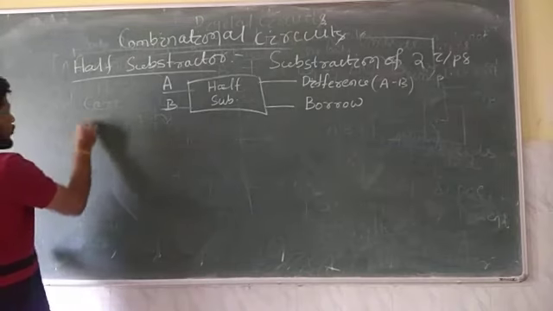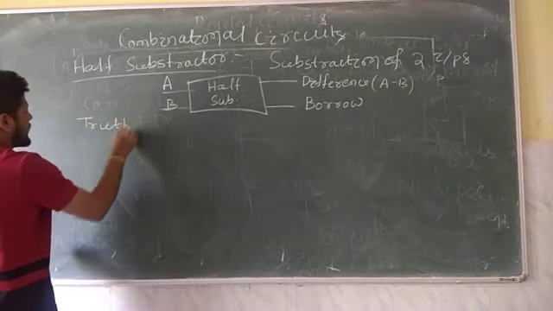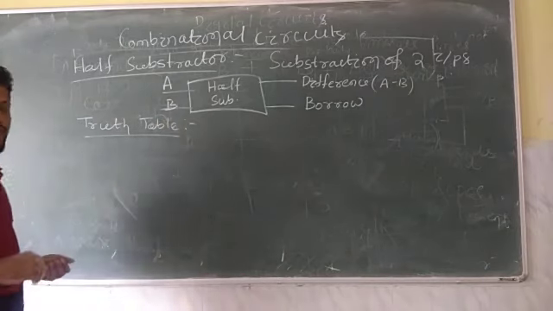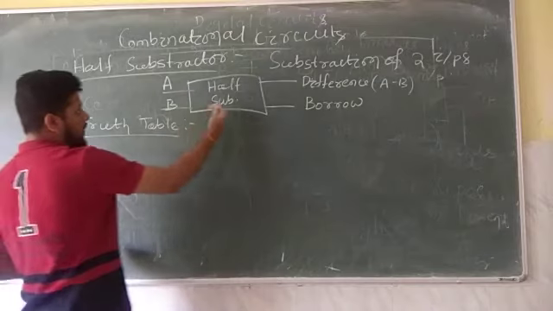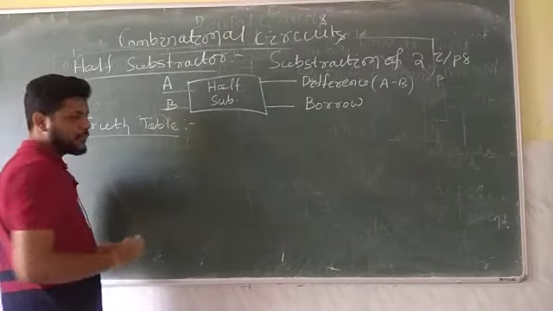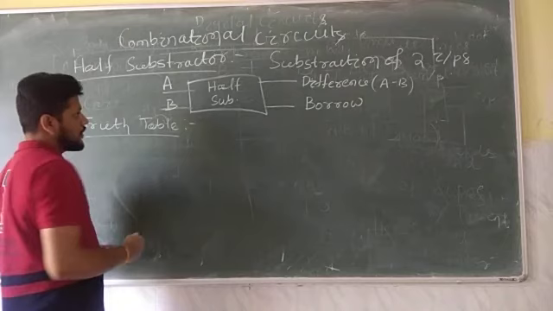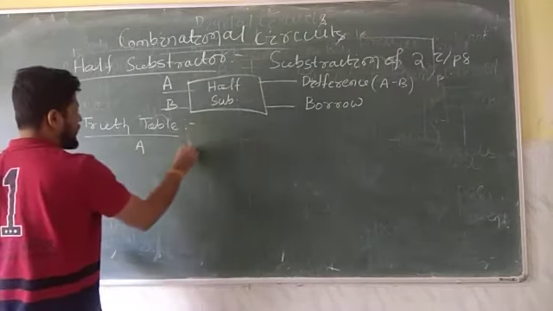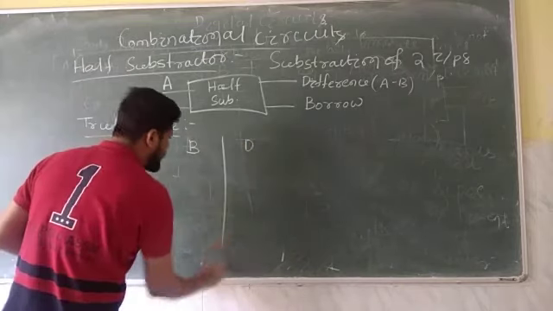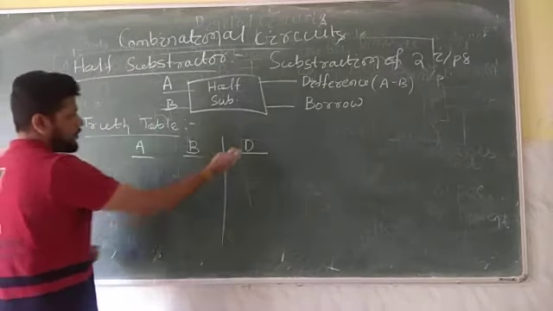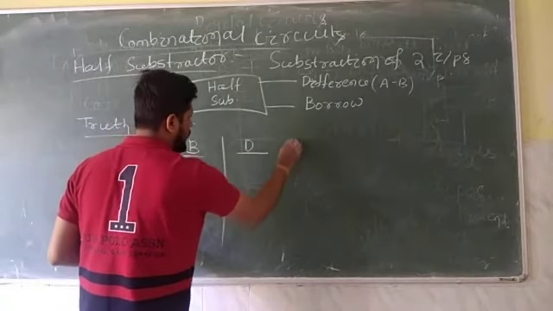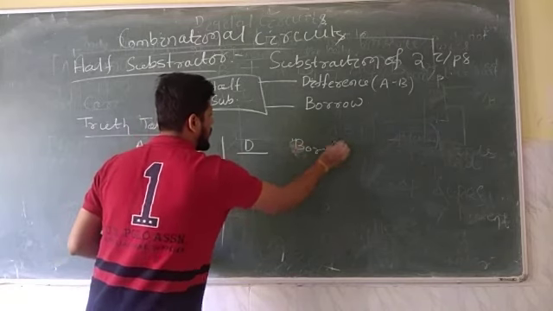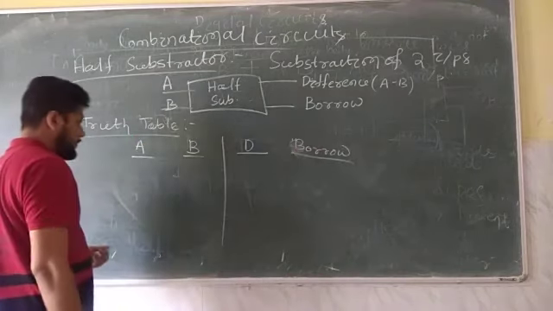So we are going to construct the truth table. Follow these steps. These are the steps we are going to follow in your examination as well. So we are going to design this half subtractor. We have input A and B, which are the variable inputs. We have outputs like difference and borrow. So A, B, and the output is difference, which I am denoting here as D, and for borrow I am writing directly borrow, or we can write it as B in.